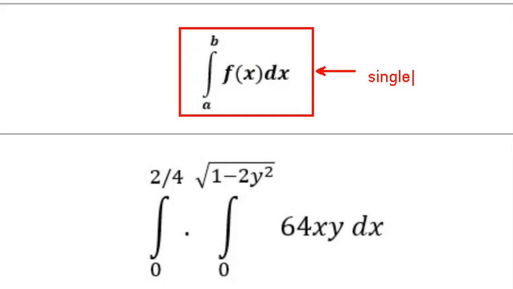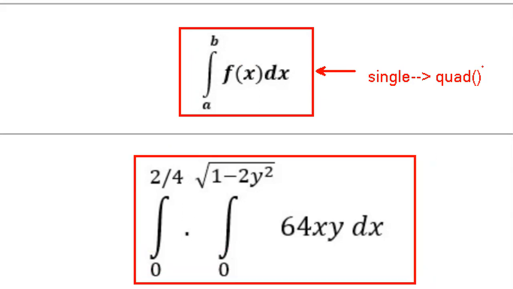Okay, for finding single variable integration, we have a function with the name quad. Just remember the function name quad. Whenever you want to perform integration on two variables, like x and y here, you need to use the function double quad. That is nothing but dblquad. We're not writing the whole word double; we're representing it with dbl.